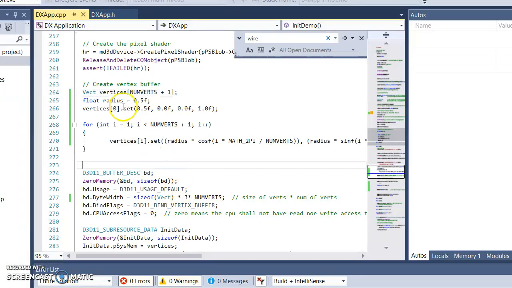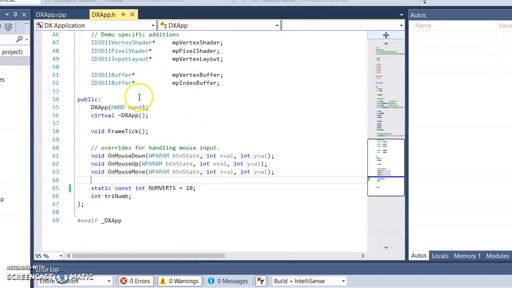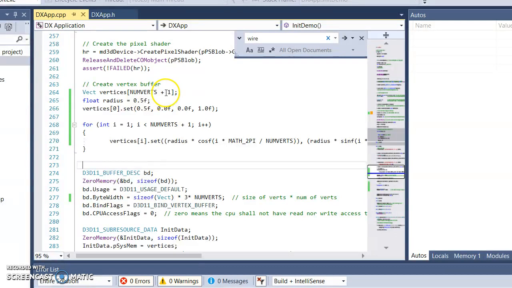What I did for question number 2 was to set up an array of vertices of the size of the number of vertex declared on the dx_app.h, which is currently at 10, plus 1. That extra space is going to hold the offset vertex, which is going to be used to calculate to draw all the triangles. And then for the for loop, I needed a variable called radius, which is going to be